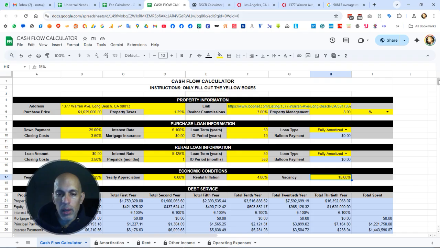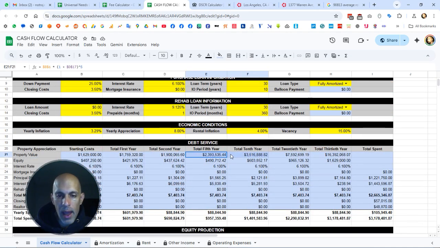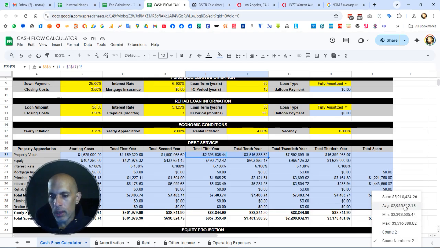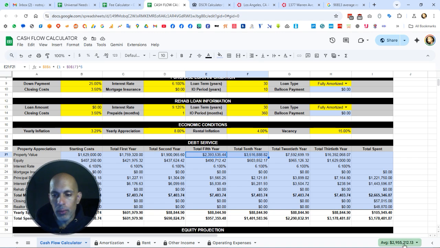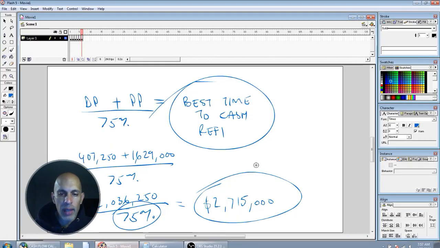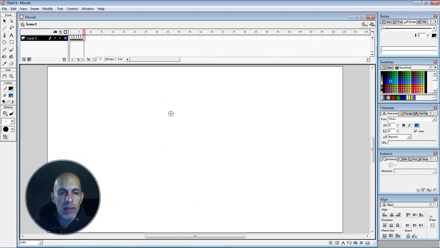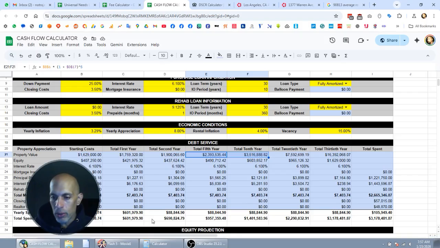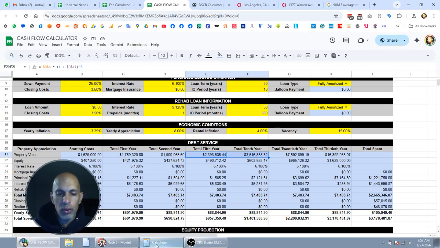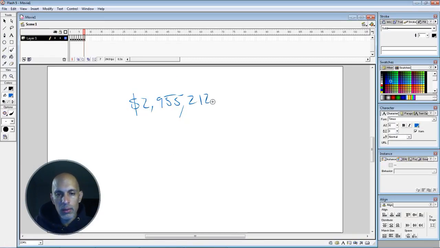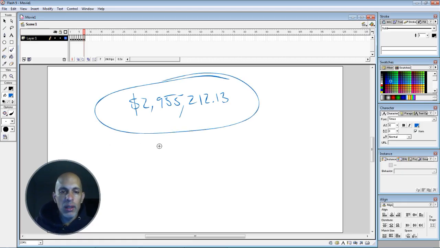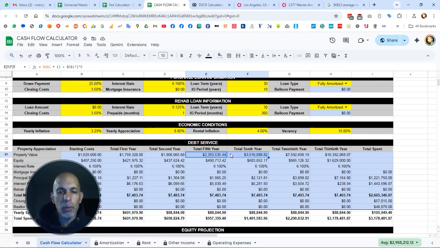Yeah, so what I'm going to do is actually find the average of these two numbers. Average is 2.95. So if we do the cash out refi on year 7.5, we're going to have a value of 2.955 million, roughly 2,955,212.13. And so that will allow me to also punch in